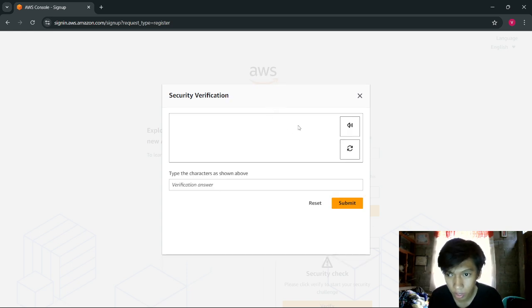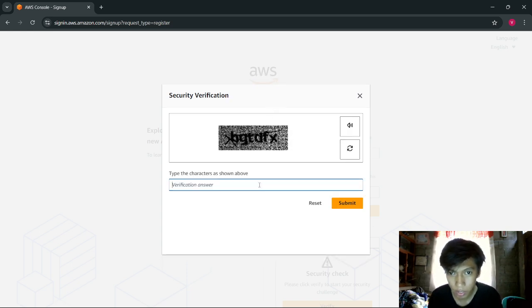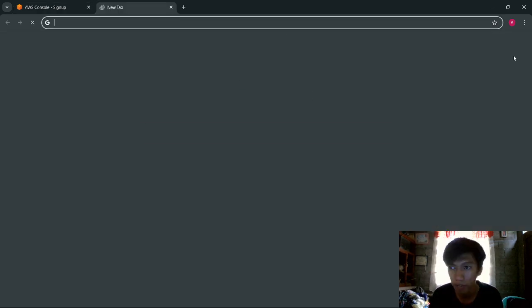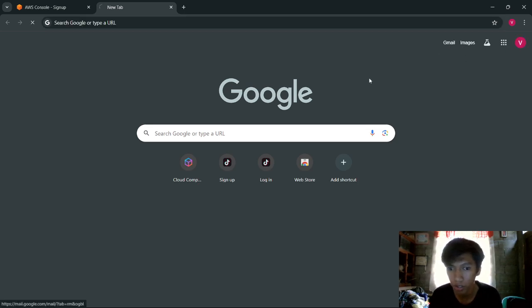Just wait and type this captcha here. So BGTDFX, submit. Upon completing, you now have to get the verification code which is sent to your email,